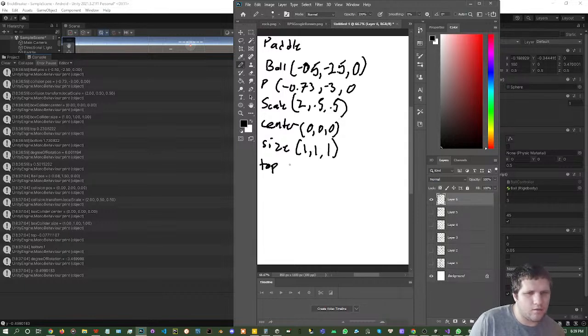The top is 0.23. The bottom is 1.73 with a degree